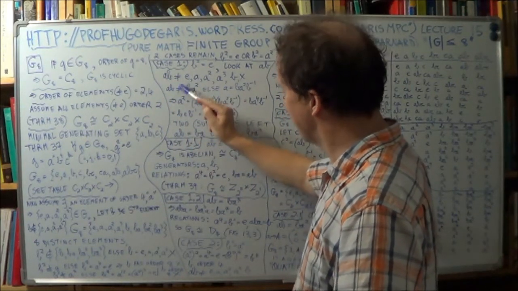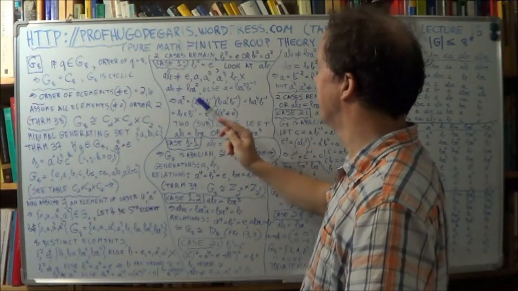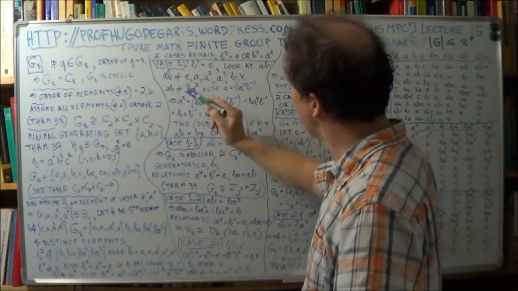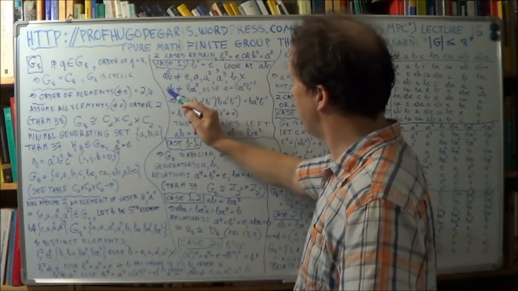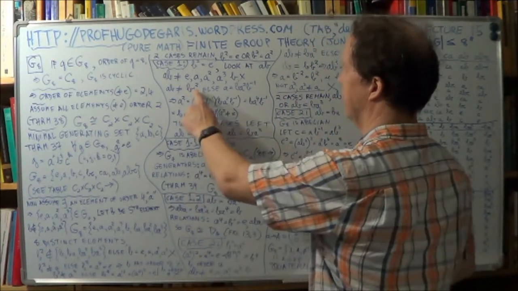So you negate this. Hold on. We assume the equality, so you negate the equality. Therefore, AB cannot be equal to BA squared. Right? So we've now